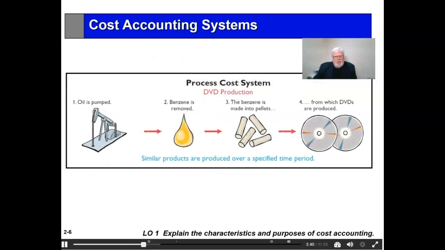Now, this kind of system is good when we're talking oil. You see, large amounts of the same thing. Benzene made into pellets, made into DVDs. These would all be process costing systems. Now, we trace the cost to the system. In this module, though,